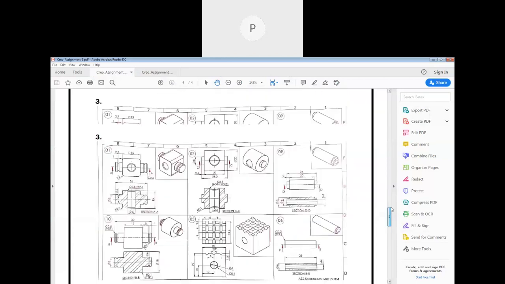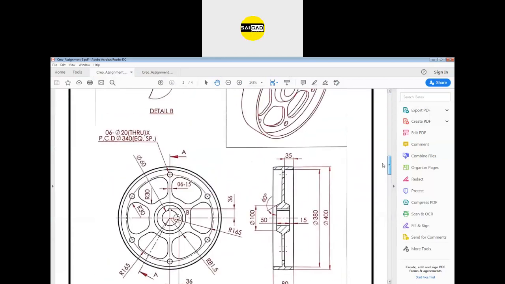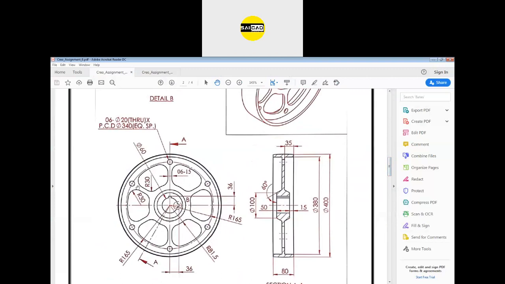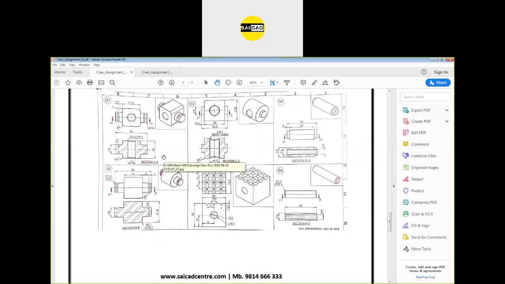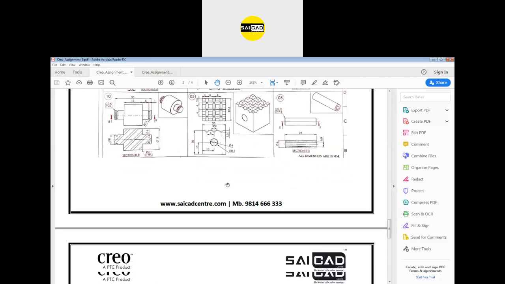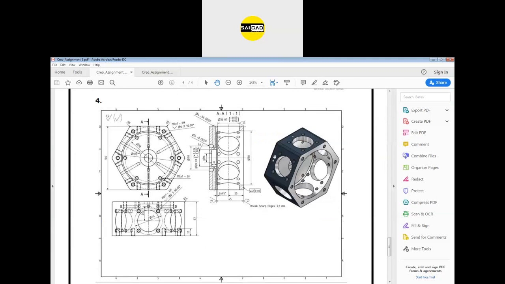So in the sixth drawing, sixth assignment, we have some questions. We have to create this one, and here we have some patterns, some axis patterns, and we have this feature. You have to create these flanges with the help of pattern, axis pattern, and we have these options. Individually, you have to create every part. So here we have this shape. We have to create this one and this shape. Just create everything. And here we have also the pattern option. Okay. So I think they are not so difficult to create.